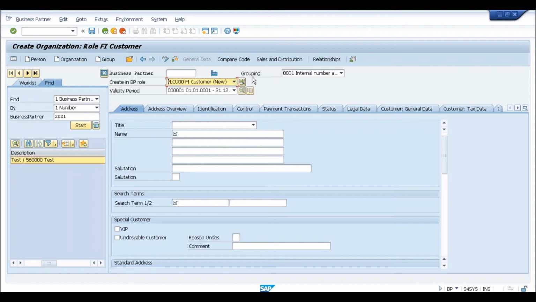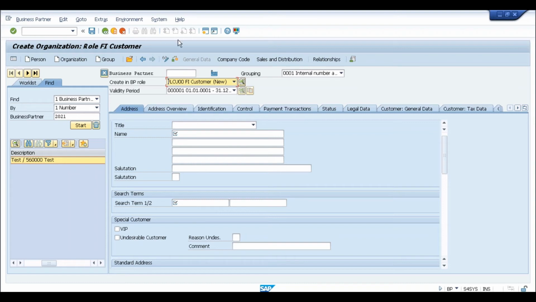So suppose I go for the Z creation of the grouping. And based on that Z grouping, I may have different kinds of business partner roles, not the standard ones which SAP has provided. So you want to restrict the business partner roles for particular business partner groupings, you mean to say. So there would be some linkage, right? Where for this grouping, I have this many partner roles. Yes, we can define that, but let me just show you.